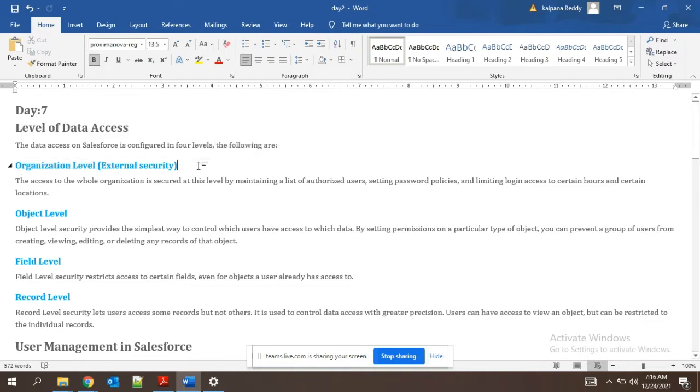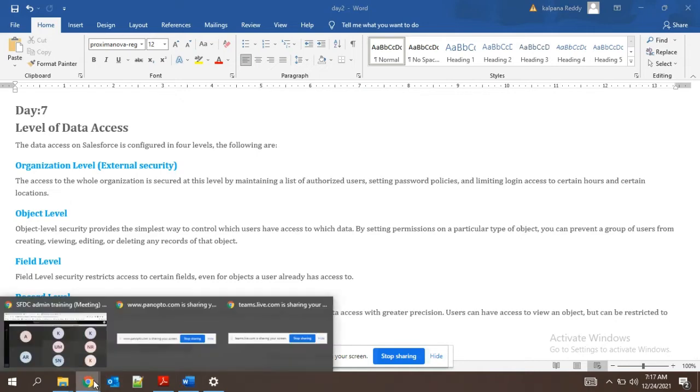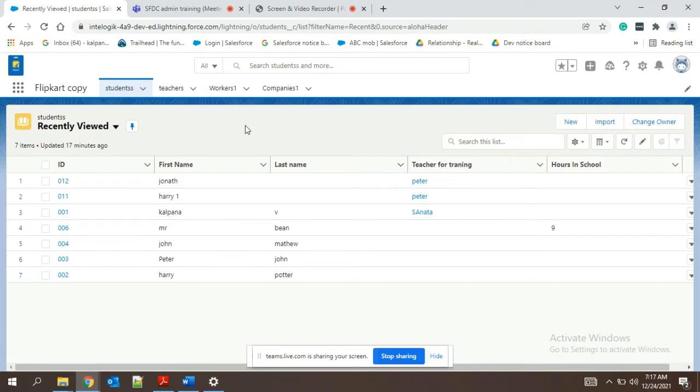That is IP address settings, like activations, and in the network access, we can do the IP address removal or adding. Apart from this, we even got the idea how to reset the password. This was all for the organization level, but that is for the external users who are going to come inside the organization. But we have this inside the organization. So once I have logged into the organization, now the problem is here.